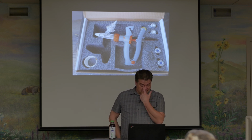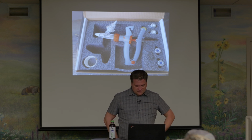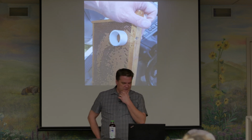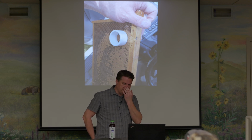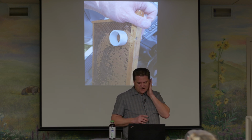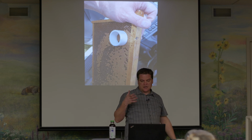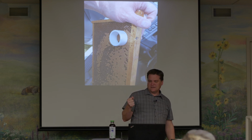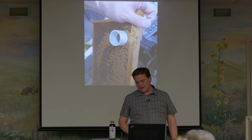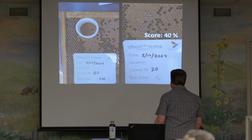I think I spent $500 on this last year. But here's a photo of me doing it. I just grabbed this frame out of my hives, and I stuck that little PVC thing there, and I marked on the top where it was so I could go back easily. And you do 3 sprays on that, and this kit comes with a little tiny